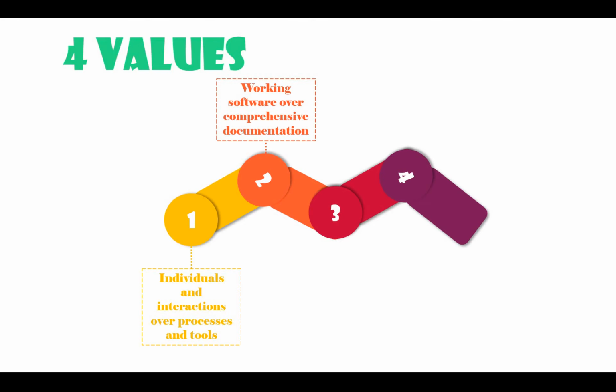The second value of Agile is that Agile is focused on working software over comprehensive documentation. So documentation of how you do it, and designing, planning, and everything is fine. But at the end, we are focusing on working software. So if you are doing Scrum with a 2-week sprint, we are looking for some kind of viable product or output, which is working software. So it's a small iterative approach where we have working software at the end of every sprint, and it will keep on adding up.